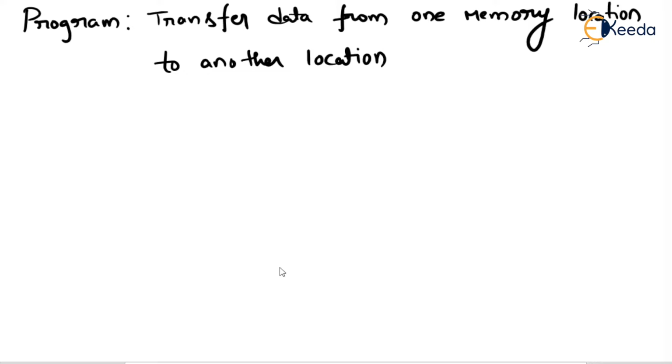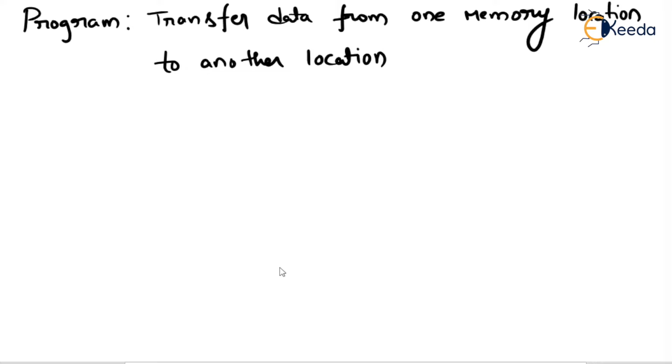When we write the program, you can clearly understand each instruction, right? Some important instructions I explained in the previous classes. First go through that, right? Now we go through transferring the data from one memory location to another location. In order to do this, first we will go through the memory.